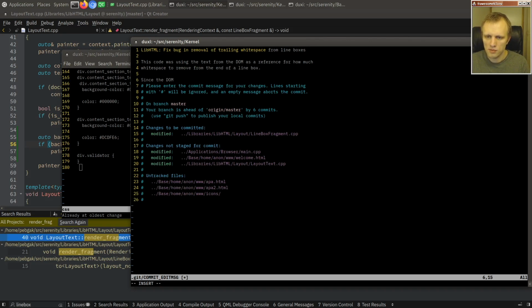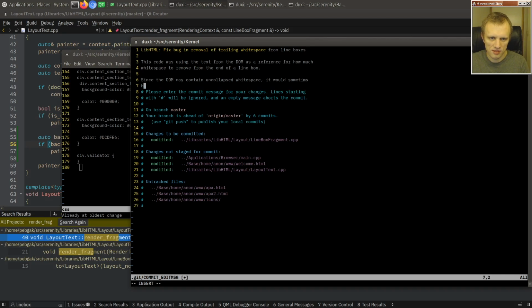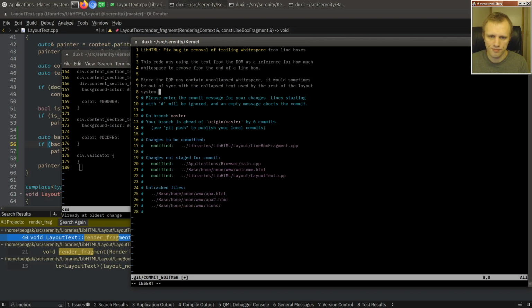Since the DOM may contain uncollapsed white space, it would sometimes be out of sync with the collapsed